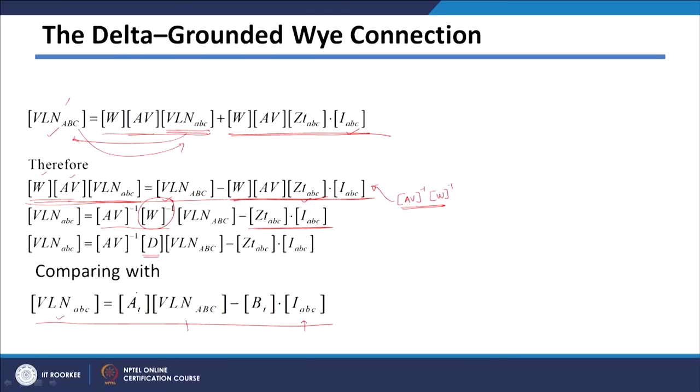So, you can easily compare. This will become your parameter AT and this will become your parameter BT, and by knowing AV inverse and D, we can easily get